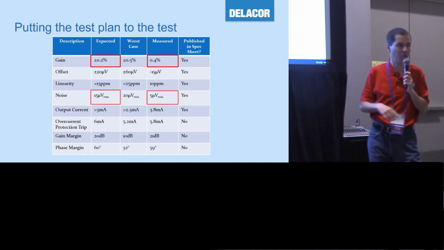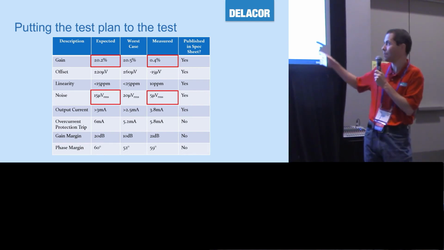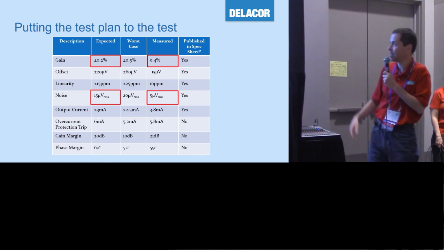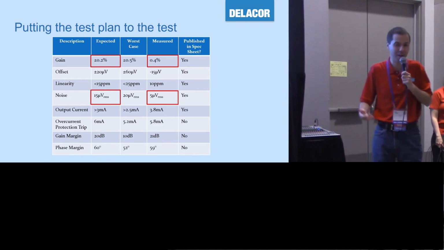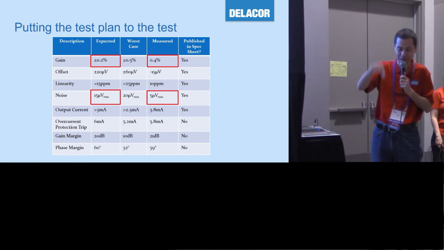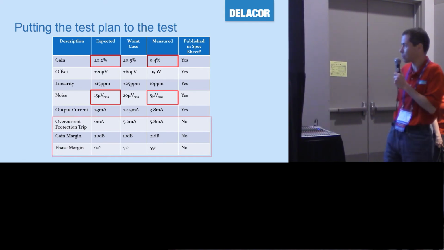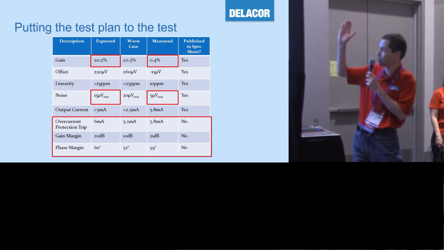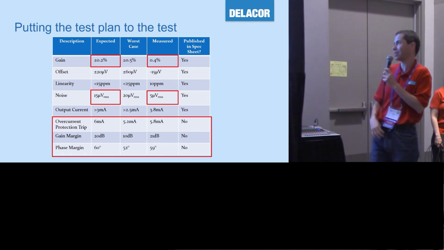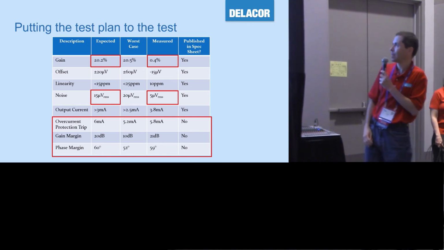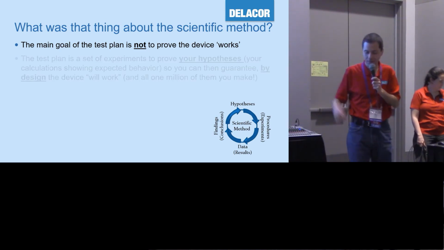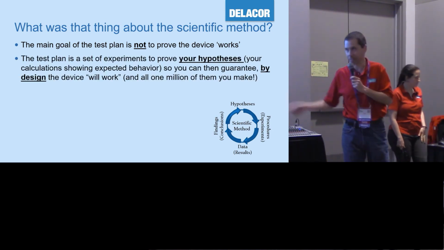Similarly, if I'm looking at noise and I expected 15 microvolts and I'm measuring 5, ooh, let's go have a beer because we did really good, right? Well, no, but you expected 15. So maybe you're buying an amplifier that happens to be pin compatible and you can put it in, but it costs 10 times more or something. So the goal is, okay, does it do what I expected it to do? And if it doesn't, then you need to understand why. And again, we're not proving that the device works. We're proving that the behavior is what I predicted.